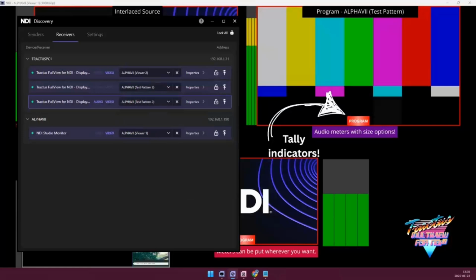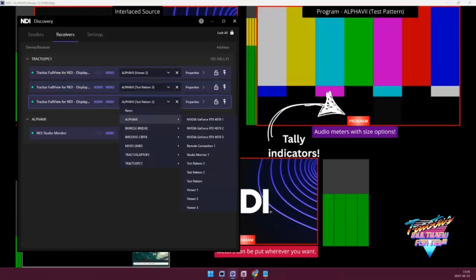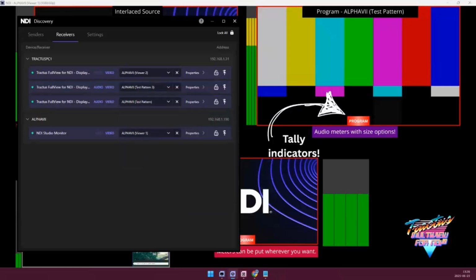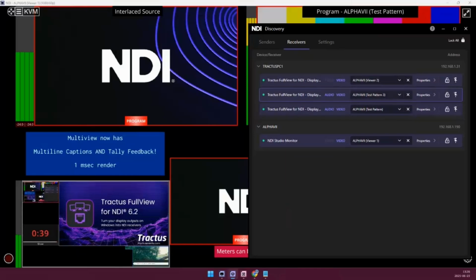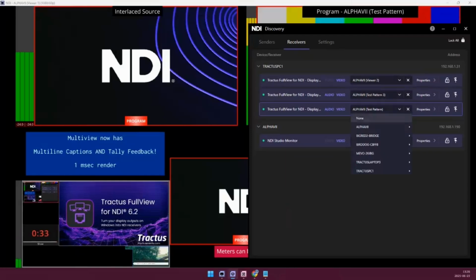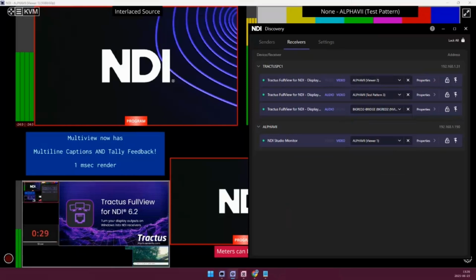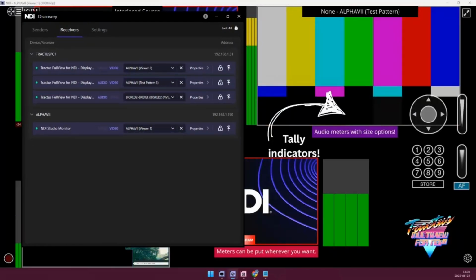Probably help if I chose the right test pattern. Let's see here. It should be test pattern 1. That should go away. Which test pattern is it that's actually on program? One of them is. Actually, it looks like some of them are flipping over. So I gotta double check which output that is, because that might not be the one that I'm thinking of. But we can flip. Okay, yeah, there we go. I flipped. That was the regular test pattern.